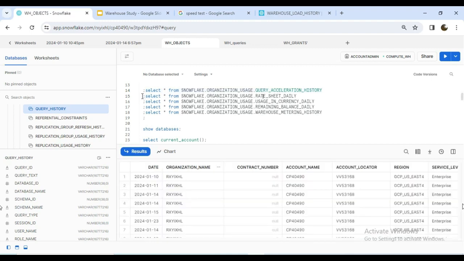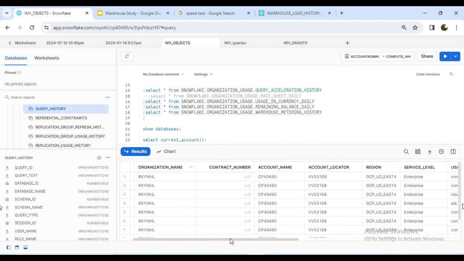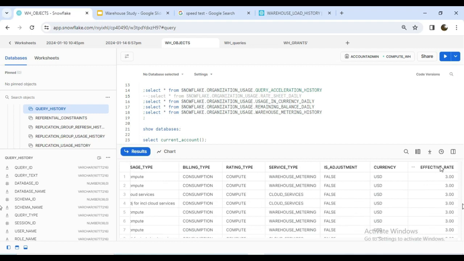And I'll be skipping this rate sheet daily since it won't have much information at the warehouse level, but it has information on the effective rate. If you want to know more about the effective rate, you can search for it in the documentation. This is the effective rate at which Snowflake will bill the customer. And coming to the usage in currency daily,